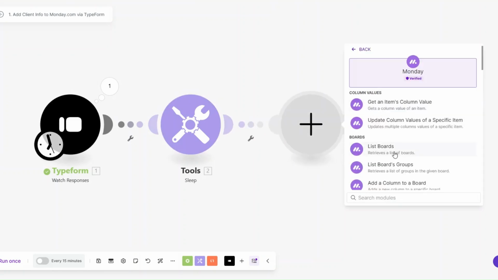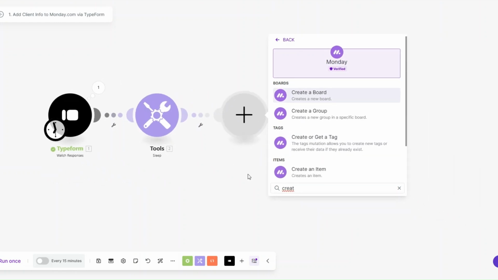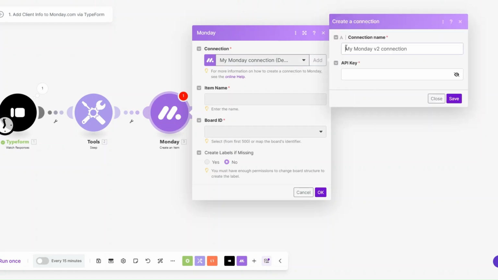So on Monday, I'm going to search for create an item module and click on create an item. Like we did with Typeform, you'll also need to create a connection between your Monday.com account and your make.com account. To do that, just click on add, and then here, you'll rename your connection and then add your API key